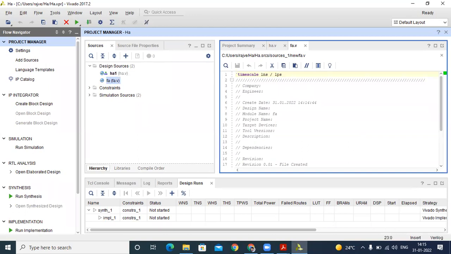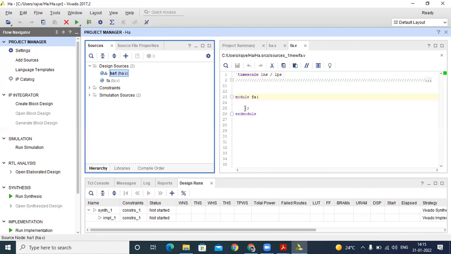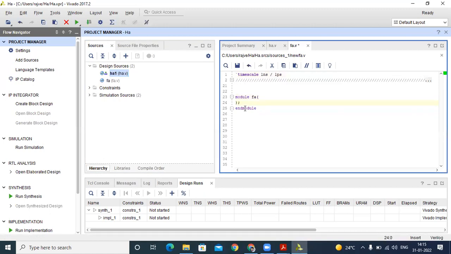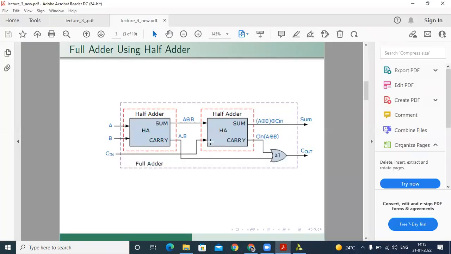In our full adder, this is our top module, and we need to call two half adders in our top module. Suppose you can see in our diagram, this is our full adder.